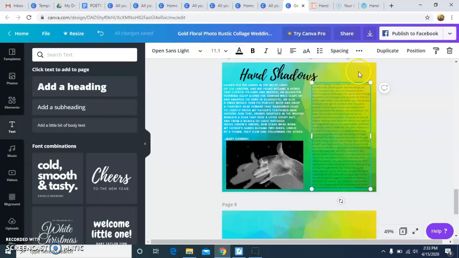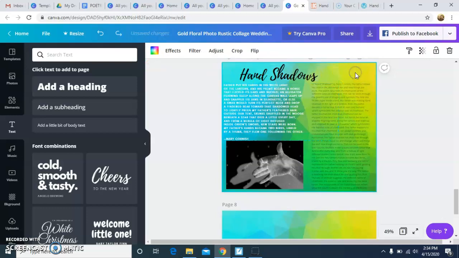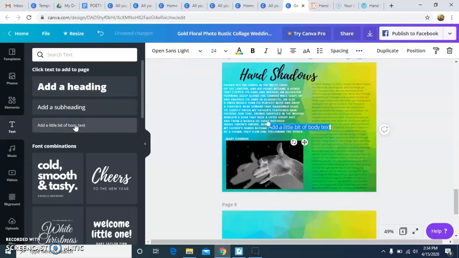So what I have here then is the first start of my page. Again, I'm still missing things like page number, so again, that could just be a quick little put page 4 in there, and then you can just drag it to where you needed to go, and it's